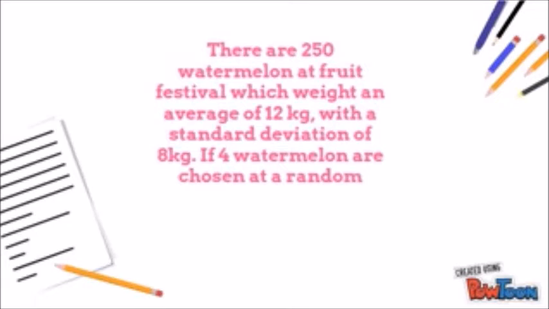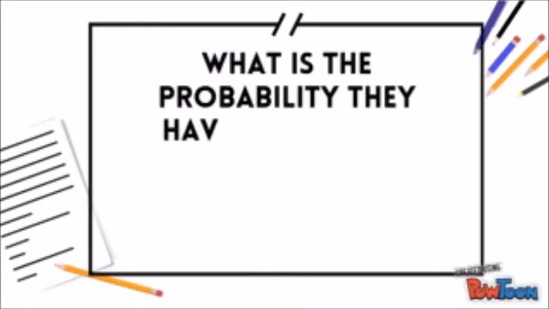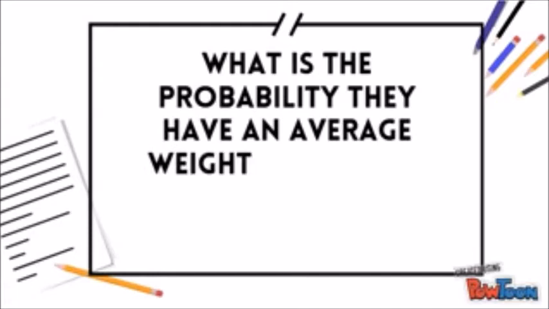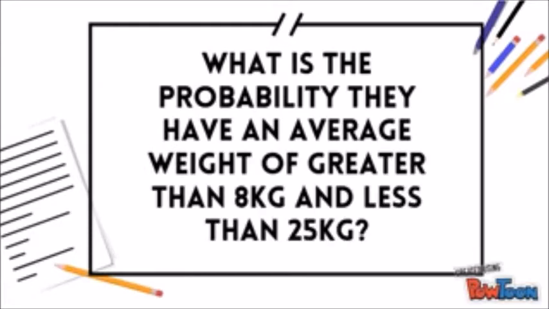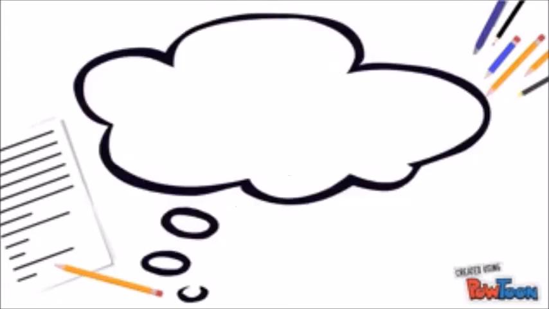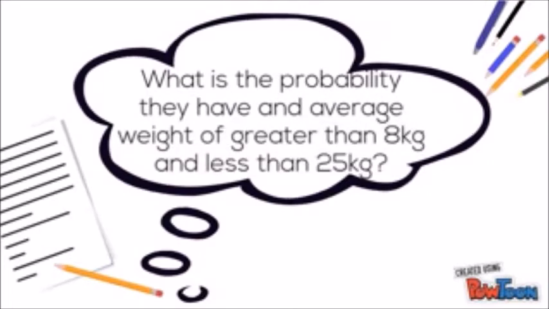The standard deviation is 8 kg. If 4 watermelons are chosen at random, what is the probability they have an average weight of greater than 8 kg and less than 25 kg? Now, they want us to find the probability they have an average weight greater than 8 kg but less than 25 kg. To solve this, first of all,